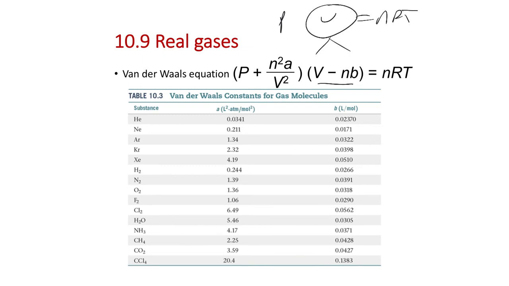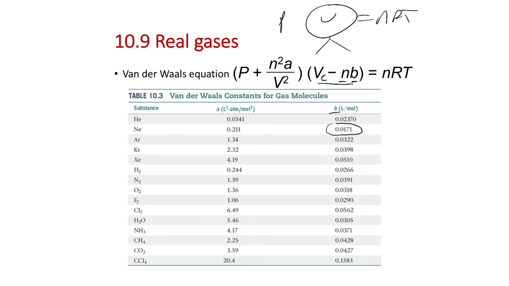And so it's trying to fix the volume for the free space problem. It's trying to say, well, let's plug in the actual free space. Let's take the volume of our container and then subtract the number of moles times the liters per mole, the volume that the actual gas particles occupy in the gas mixture. So if you look at the series of B values, these are telling you the volume per mole that the gas occupies. Let's use neon as an example.